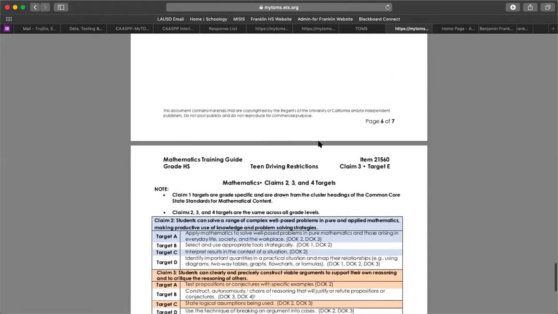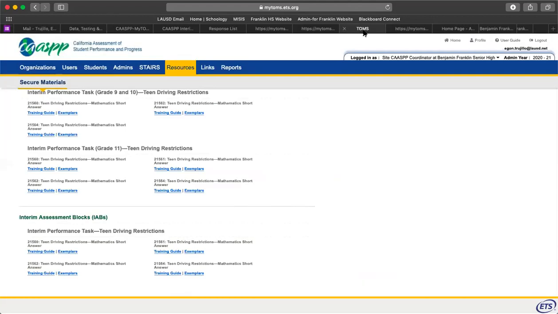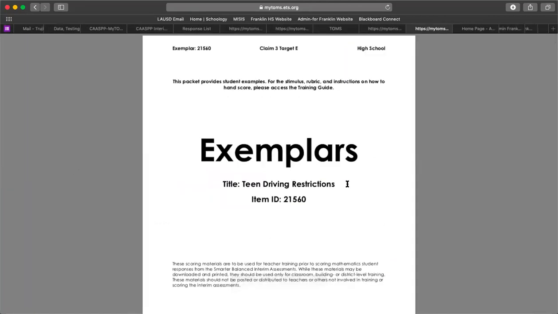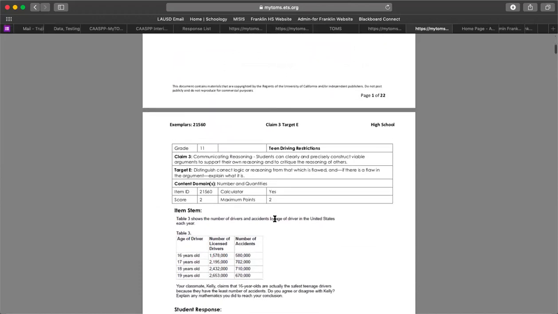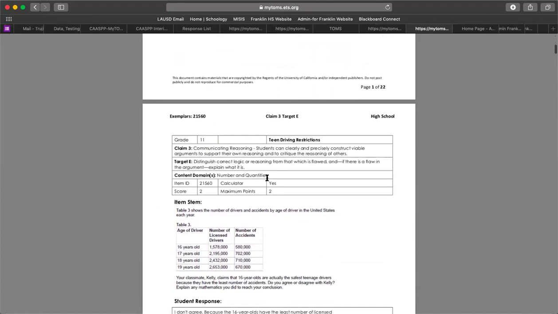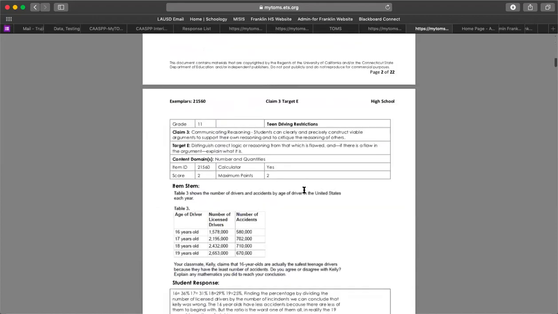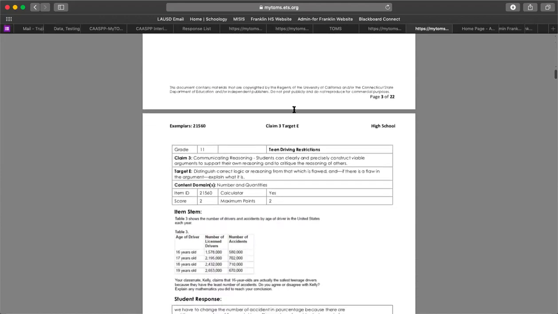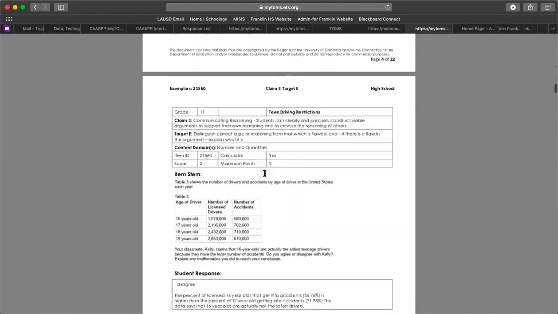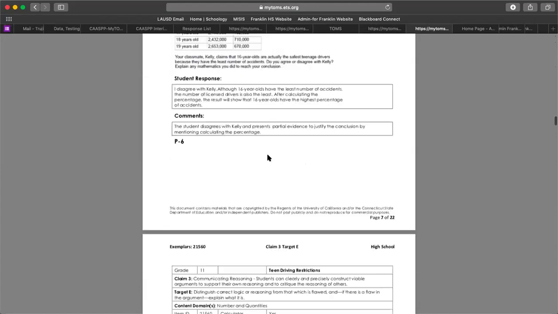Okay. You also have, as you can see, if we go back a little bit, you have an exemplar. And the purpose of the exemplars is so that we can see some actual student samples. Okay. So it gives you the question the students were being asked. And if you scroll down a little bit, it gives you different responses, comments that you can give them. But more importantly, if I scroll down a little bit further,